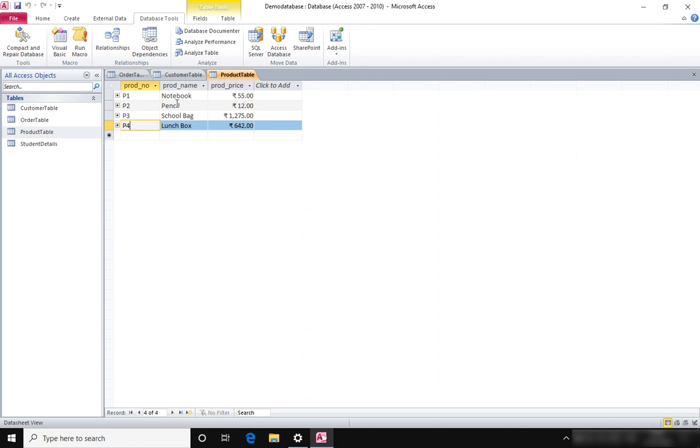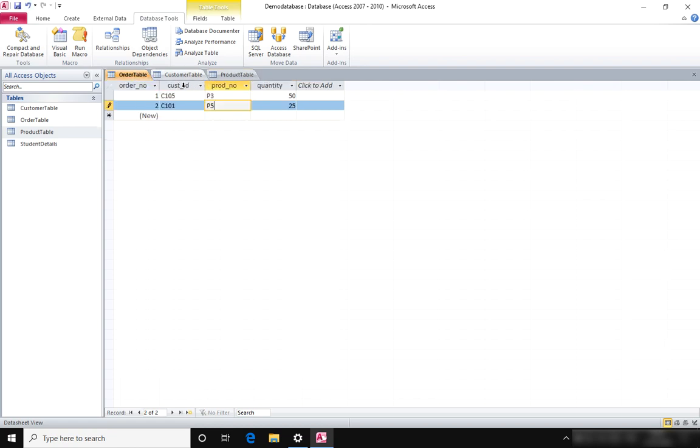We do not have any record with product number P5, so we cannot use the P5 here. Let's edit it to some existing value and move to the next record. As you can see, the data is accepted. So this is the benefit of establishing or creating relationships between different tables of a database.